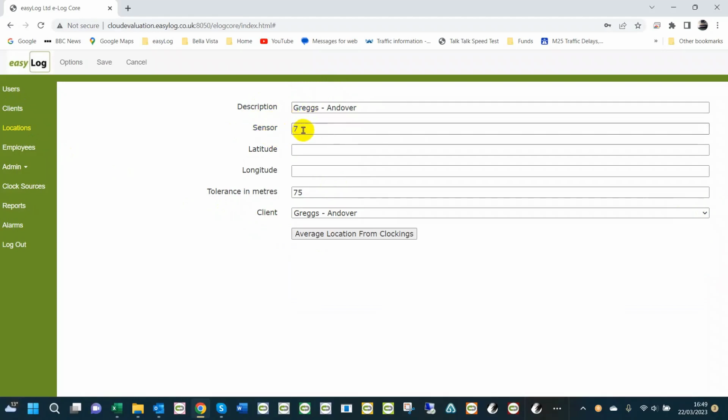We would have supplied you with a number of QR codes which are numbered from 1 upwards, so each is clearly marked, so you would have a number, picking number 7, then that's the one you would print out and take to Greg's at Andover. We have a tolerance of 75 meters. That's what we recommend. There are basically some things within mobile phone technology which are out of easyLog's control, as